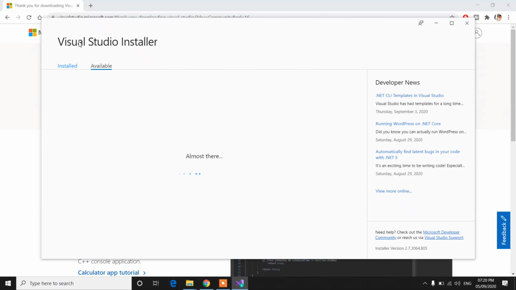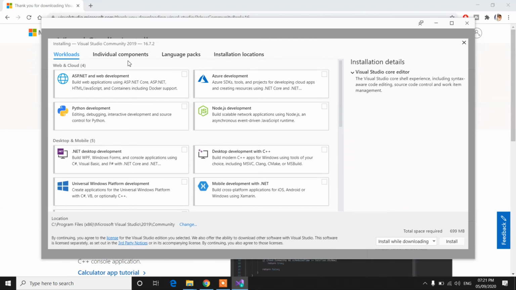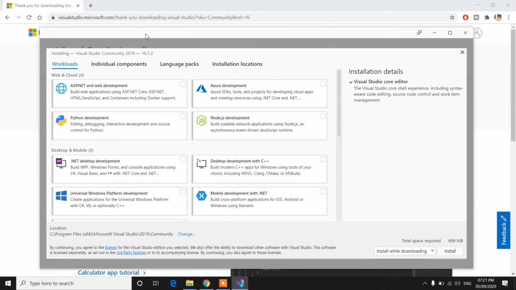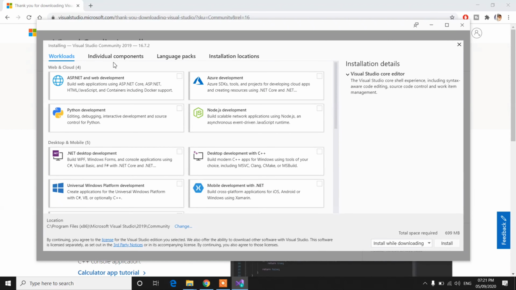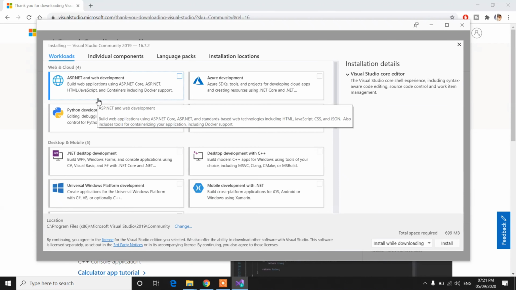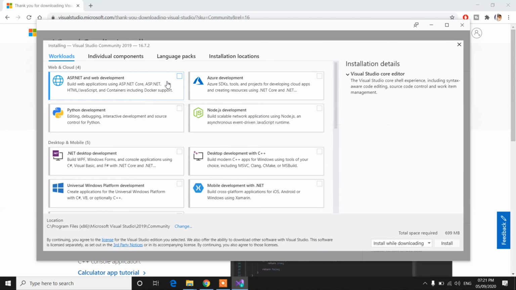Now here the Visual Studio Installer has been opened. There are two tabs: the first one is Install and the second one is Installer. In the installer, these things appear to install, like you can select what you need to install.